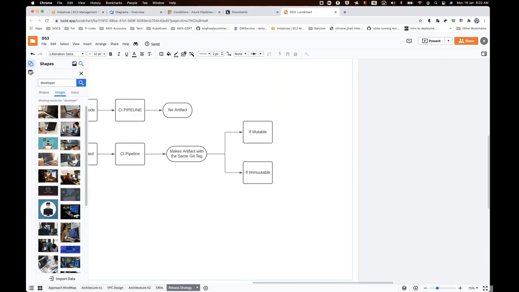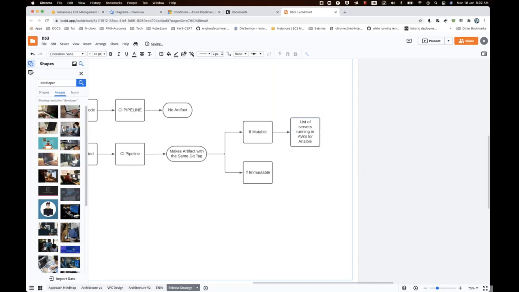Now if it is mutable, your pipeline will find out the list of servers running in AWS dynamically, for Ansible.